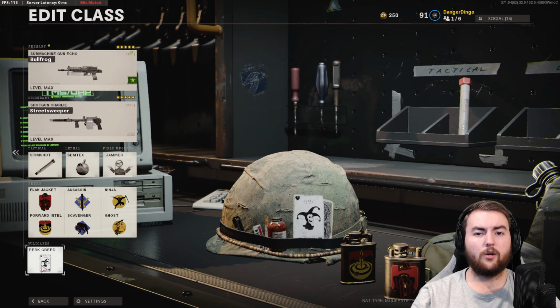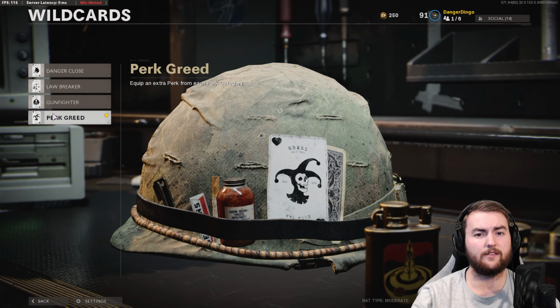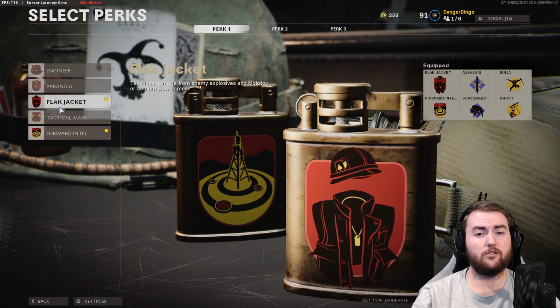In that wildcard slot, we don't need 8 attachments on this particular weapon, so the gunfighter perk is out here. You can use this if you do prefer, but I really like 6 perks in this game because it is super strong. Then as for those perks, we want flak jacket and forward intel as the usual powerful combination in